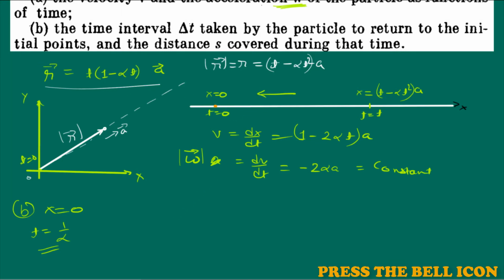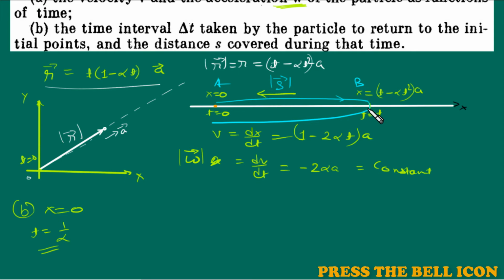So see, the motion of the particle has been very simple. This particle has gone like this first, and it has simply returned to the initial point. So whatever distance it has traveled while going from A to B, the same distance it has traveled during the return journey B to A. So I will just find this displacement, the first displacement.